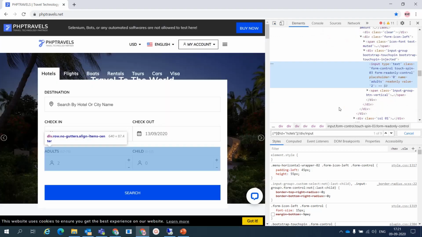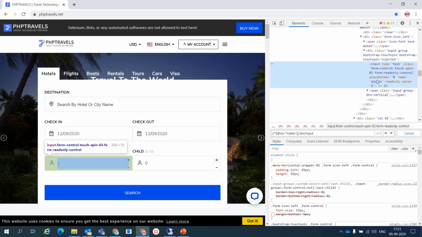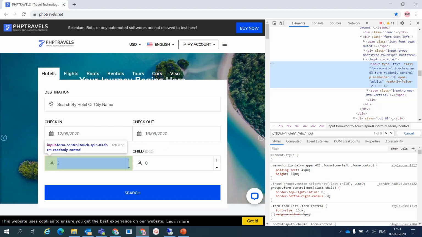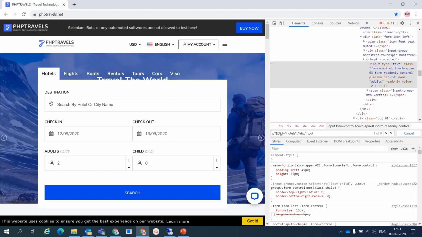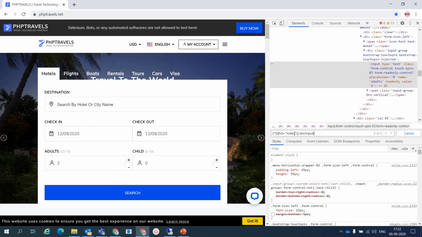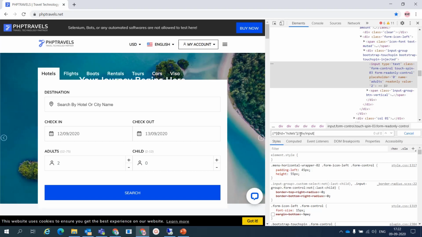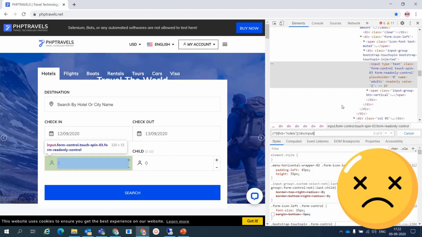So you can find what is unique in this. You can see name is equal to adults, so you can say the div with id hotels, that div is the parent, and search children of this parent. It is following the parent, grandparent hierarchy. So you can see here hotels is a parent, and adults is a child of that.